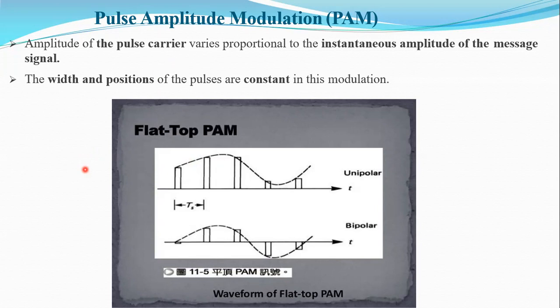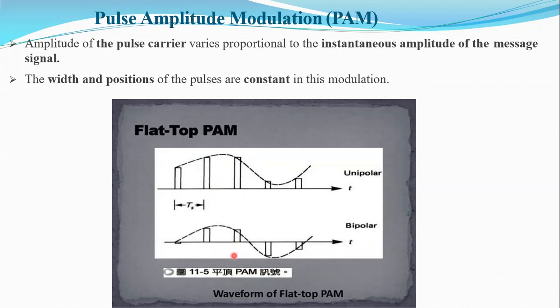First, single polarity PAM. What is that? In single polarity PAM, a fixed DC bias is added to the signal to ensure that all the pulses go to the positive side of the signal. That means we have a fixed DC level and all the pulses of this signal will be in the positive region. So that is single polarity PAM.